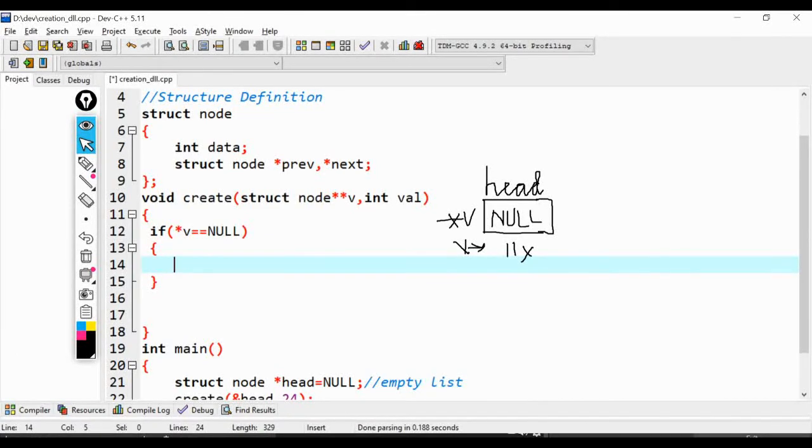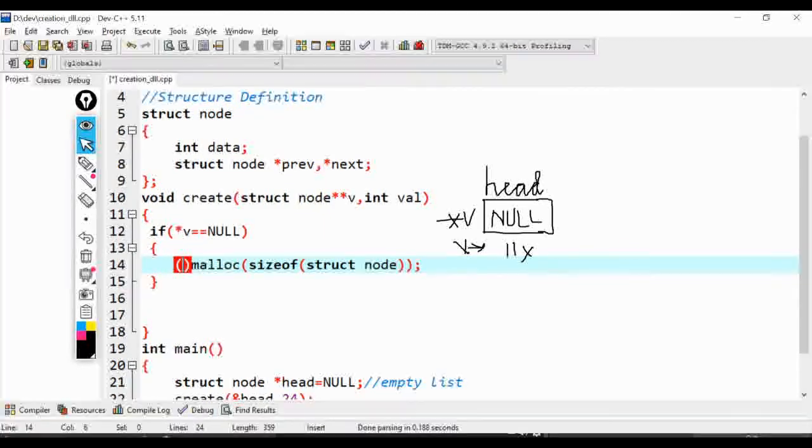So if it is null, I will be allocating memory for a new node. That will be done with the help of the dynamic memory allocation function malloc. Malloc will be allocating a large block of memory of specified size, so size must be specified. We know we have created a structure definition named node, so we will be specifying the size of struct node. This will be returning a void pointer and it must be typecasted to the desired type.